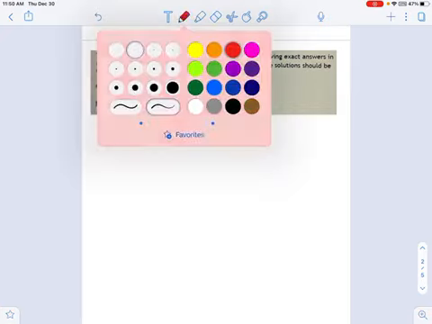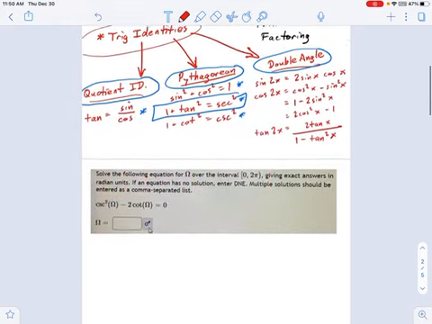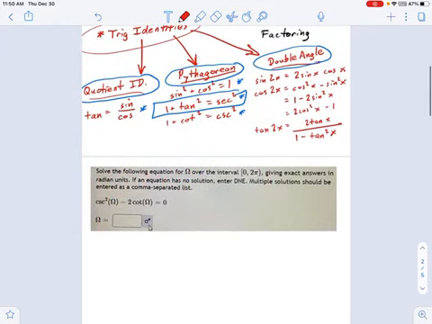So we're reaching for an identity of some kind, and when it comes to choosing the identity, I usually say, hey, because that angle right there is not a double angle, we can avoid the double angle identities, right? We could just sort of ignore those. Now, that's not a rule. It's just a hint. I would probably reach for the Pythagorean identities for this one.